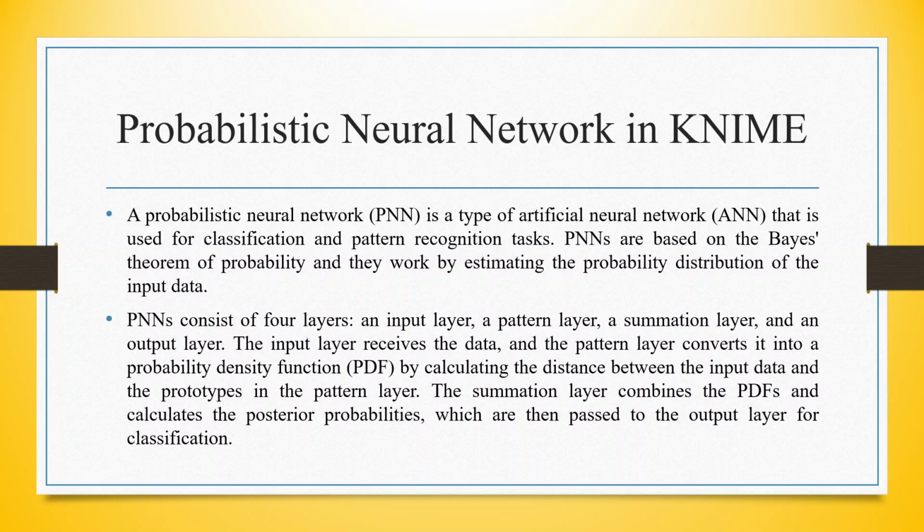Today I will explain how to run probabilistic neural network learner in KNIME. A probabilistic neural network is a type of artificial neural network that is used for classification and pattern recognition tasks. PNNs are used on the base theorems of probability and they work by estimating the probability distribution of the input